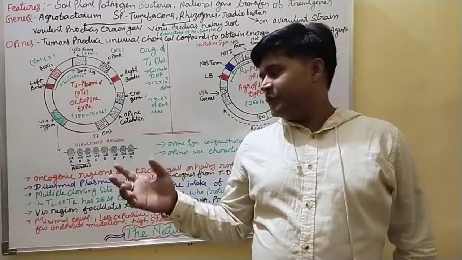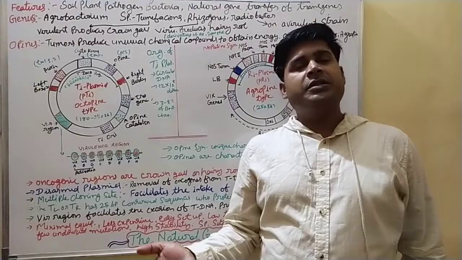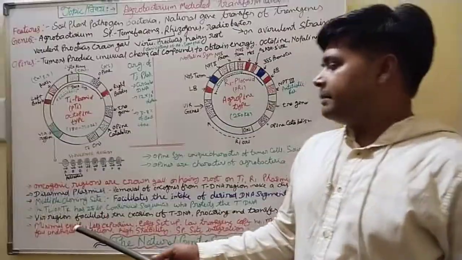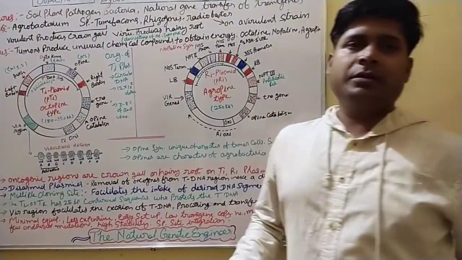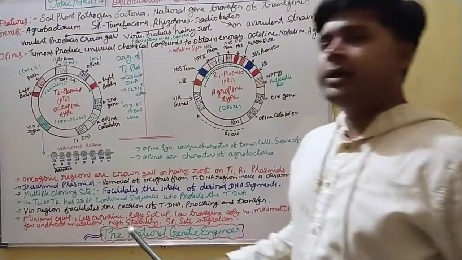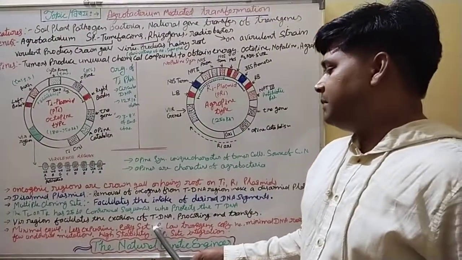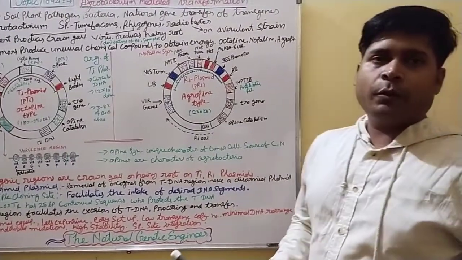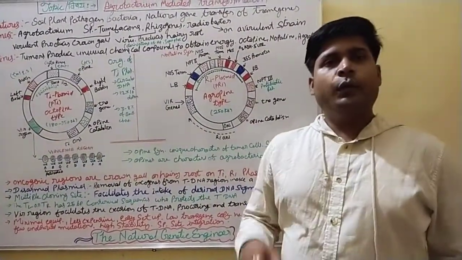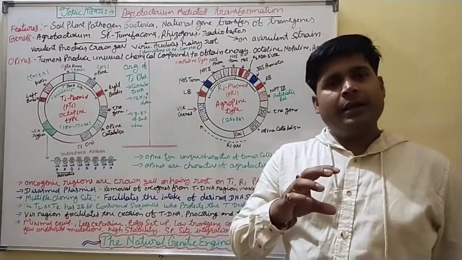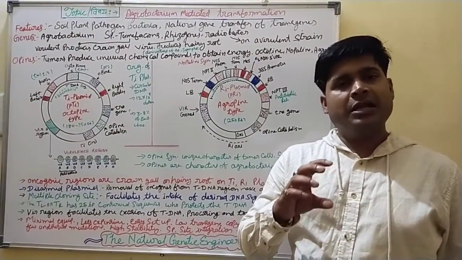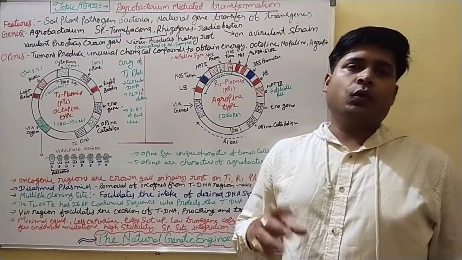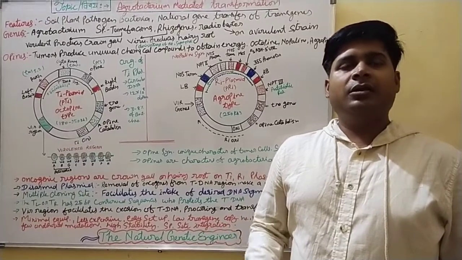Apart from the features, we know what the advantages of agrobacteria are over direct gene transfer methods. So see here first. The benefits are minimal equipment requirement. It is also very inexpensive. Next, it can be easily set up. Low transgene copy number is maintained through agrobacterium methods. It means we are able to maintain the copy number, while in the direct gene transfer method, the biolistic method, we are not able to maintain the copy number of the transgene in a host cell. So that might create a problem.